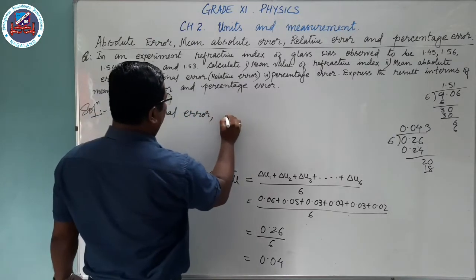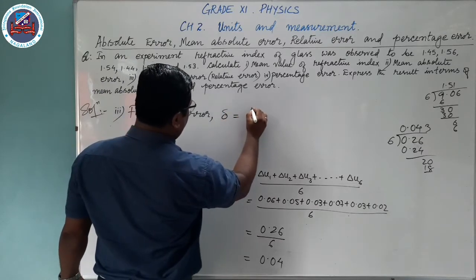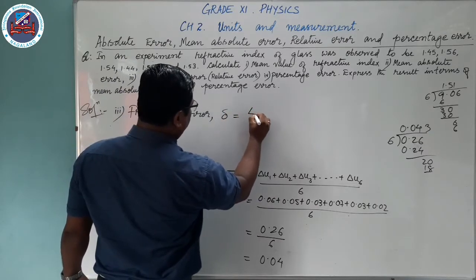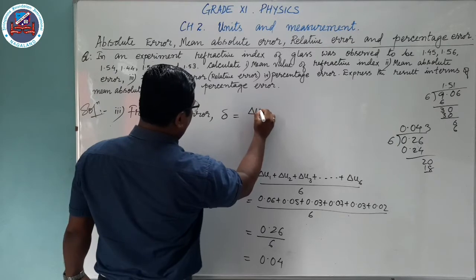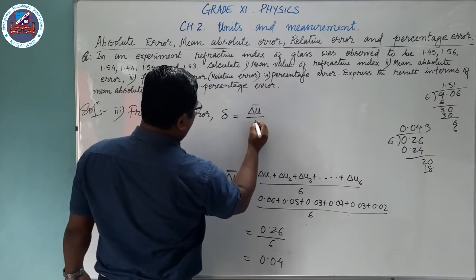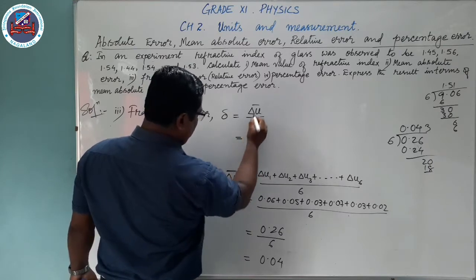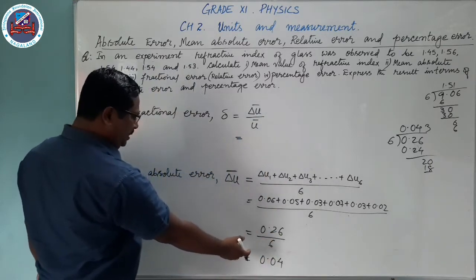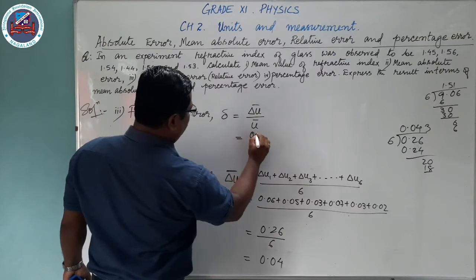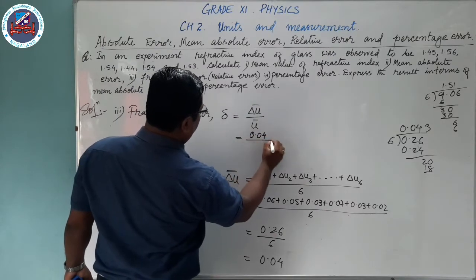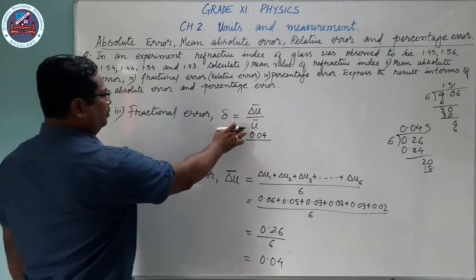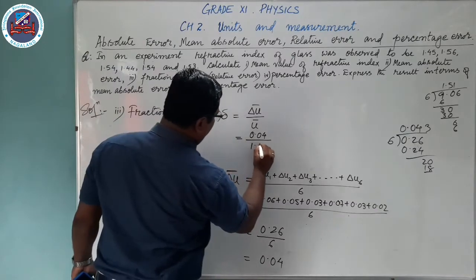We use the symbol del, that is the mean absolute error delta U bar divided by the true value, that is your mean. Your mean absolute error is 0.04